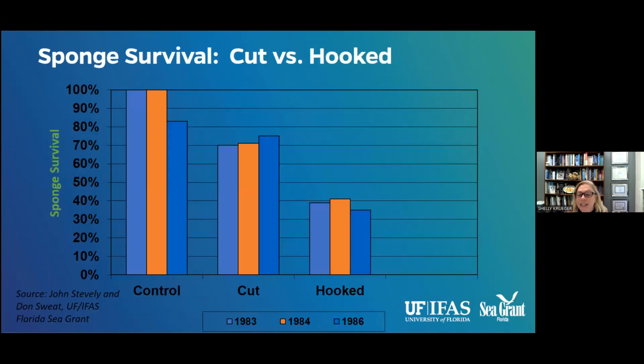In the 1980s, two Florida Sea Grant agents, John Steveley and Don Sweat, researched the survival of hooked sponges versus cut sponges. As you can see from the bar graph, sponges that are cut survive at least 70% of the time, and sponges that are hooked survive about 40% of the time. So the survival is higher when the sponges are cut,